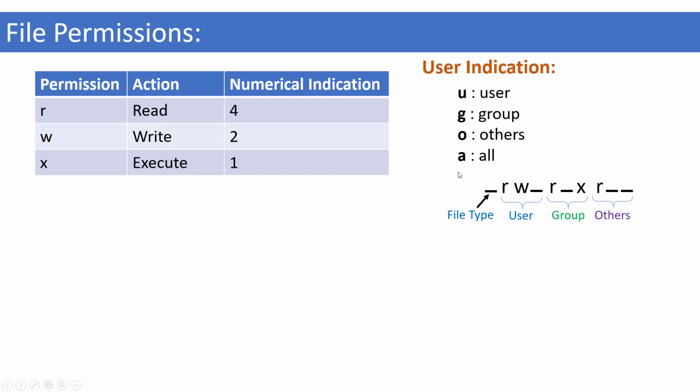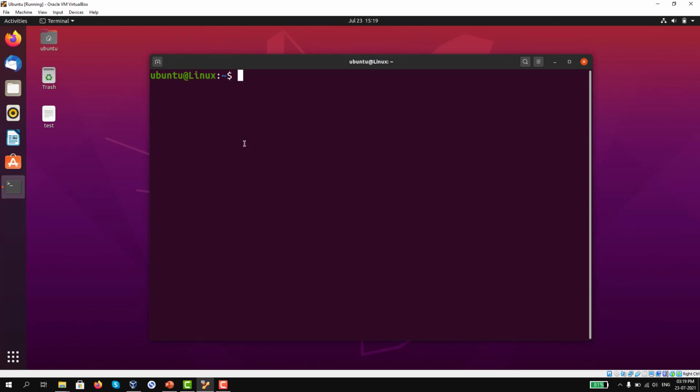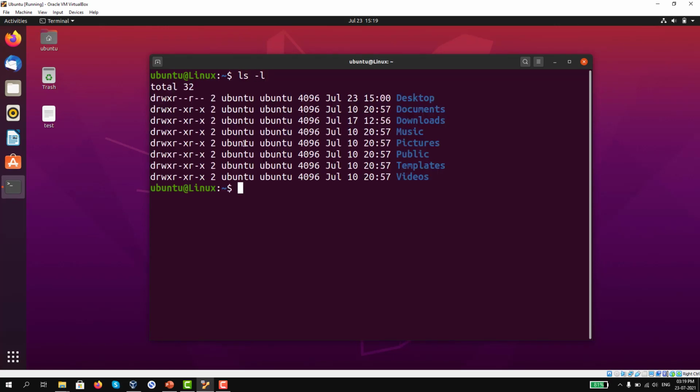Let me open my Ubuntu and show you. We can see the permission details by executing ls -l. For every file or directory, you can see complete information related to it. The first section is permissions, the next one is the number of hard links, the next one is who the owner of that particular file or directory is, and the next one is the group to which the file or directory belongs, then the size of the file or directory, and the date and time at which it was created. Here you can see, as I mentioned, it also has 10 fields.